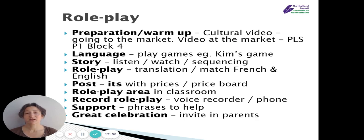If I'm doing a role-playing class, here are some different ways of getting into a role play. So a warm-up activity, looking at pictures of markets in France or a video. There's one in Power Language. Playing the games to revise the vocabulary with fruit and vegetables and things they might buy. You could listen to a story, as we've already done. Role play,